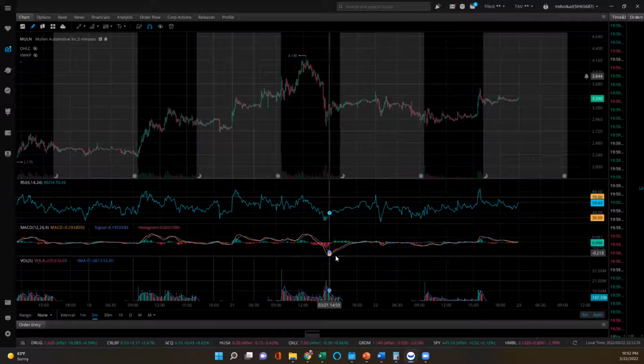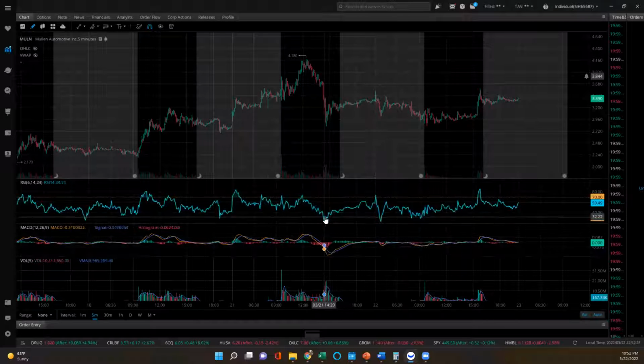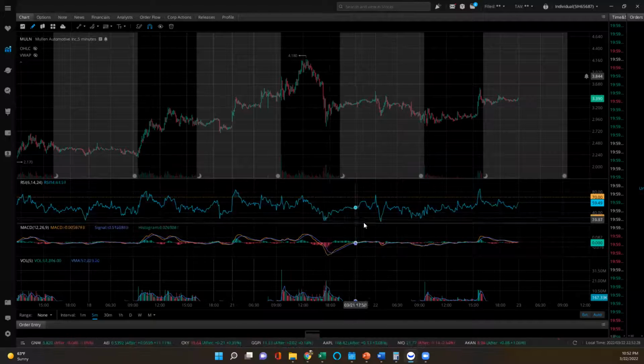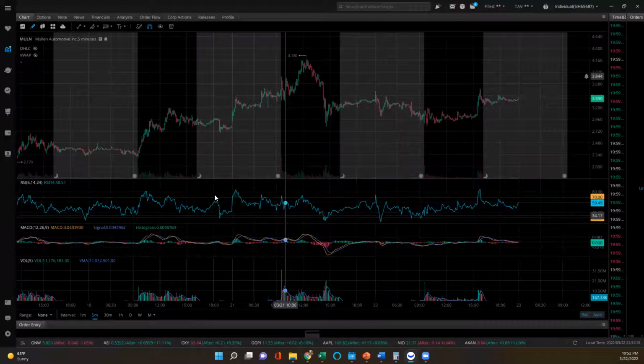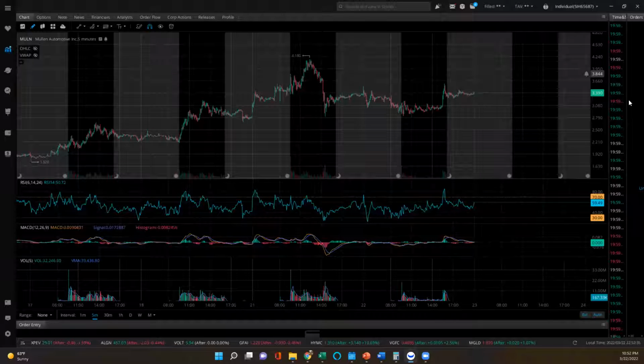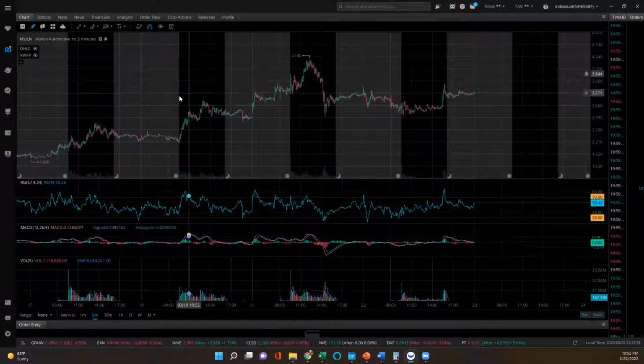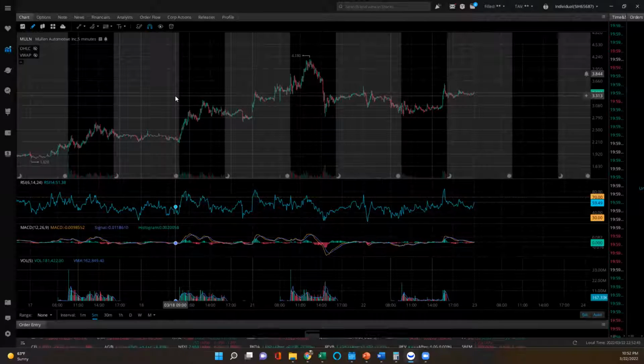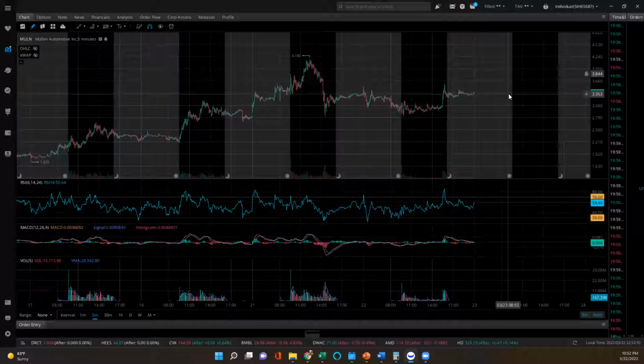So if you can use this with this relative strength index here, you can be profitable daily as well as monthly or weekly. So if you do take this trade, we then would set a stop loss, and you can do this either at a certain level or by using a percentage stop loss, which we can go into further lessons with. That is the MULN trade, and we will continue to post updates